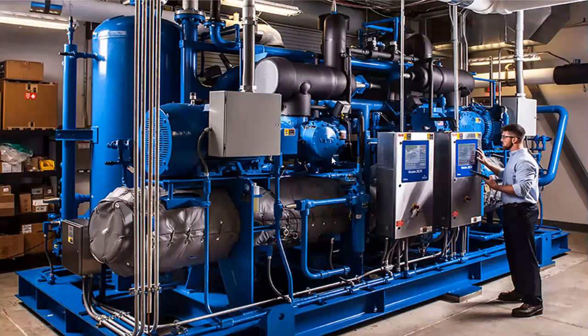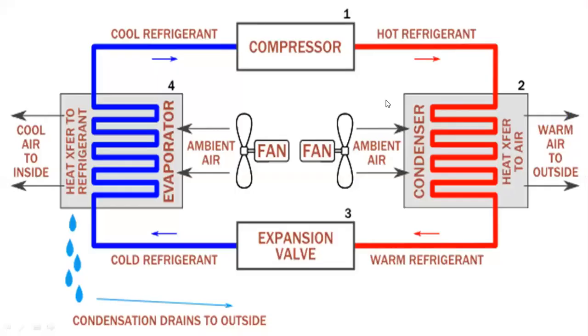This is a typical plant you will see in any industry, where you will have evaporators and condensers, expansion valves and compressors, basically. Looking at the simple principle of operation, on one side you will have the evaporator, which is a heat exchanger. On the other side, you will have the condenser, which is again a heat exchanger, and you will have a compressor and expansion valve. So there are four very important elements in a typical refrigeration system, and the compressor is basically a prime mover pumping the refrigerant, sucking from the evaporator and pumping to the condenser.